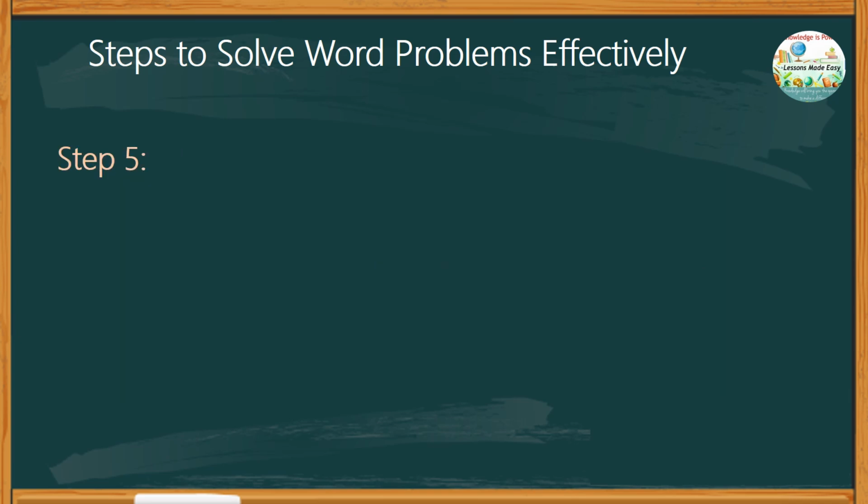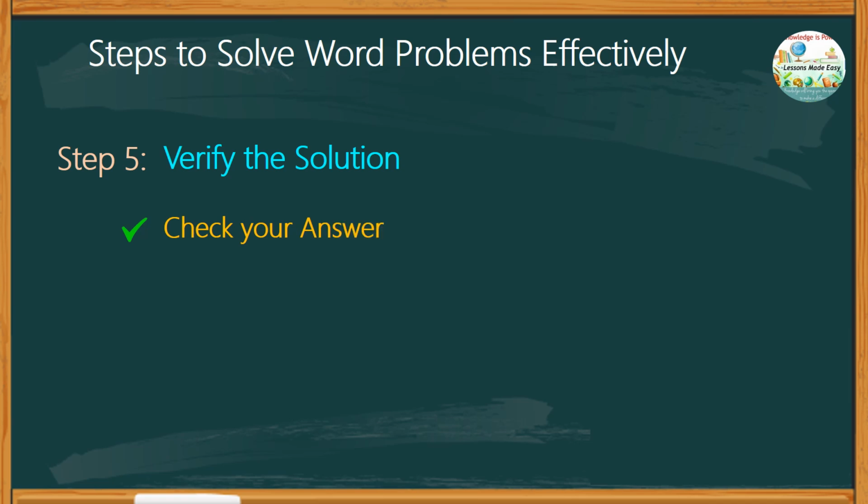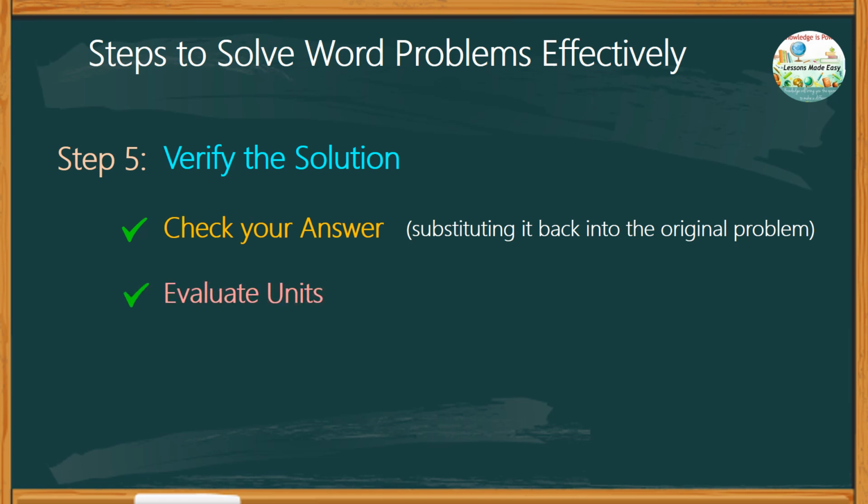Step 5 is to verify the solution. This is where you can check your answer by substituting it back into the original problem to confirm it satisfies all conditions. Don't forget to evaluate units to ensure they match and the answer makes sense in the context of